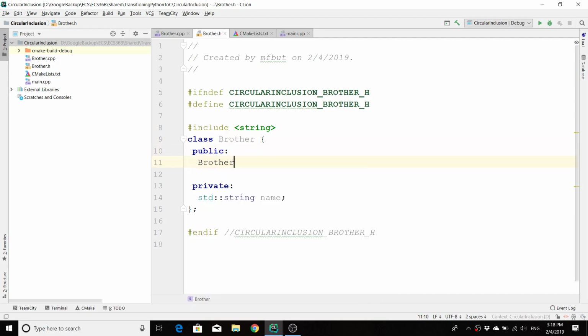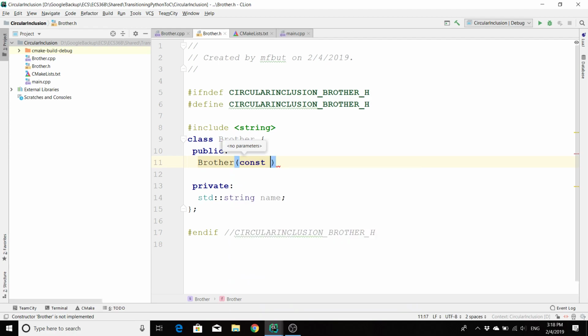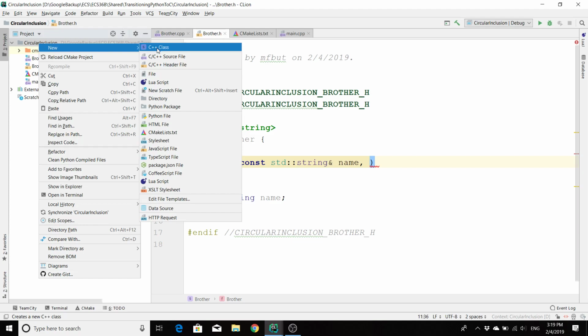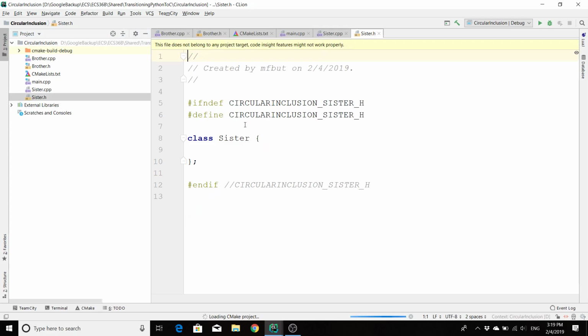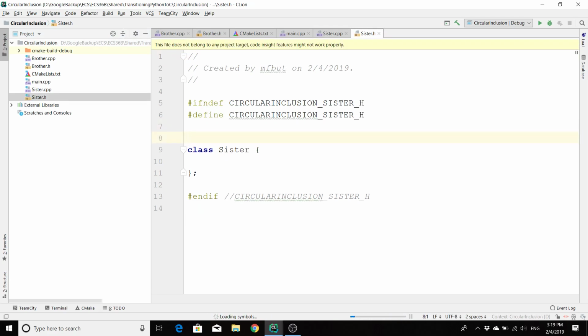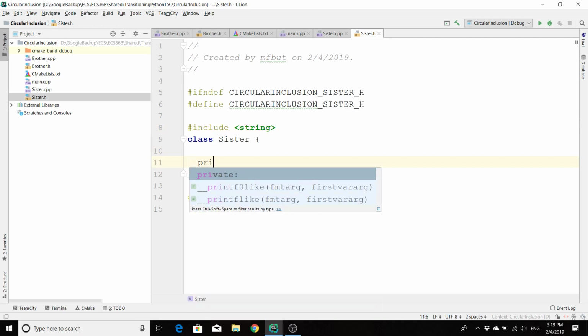So we'll provide a constructor for our brother that takes in a const std::string reference name. And a brother is also going to have one other thing. So let me create a new C++ class, sister. Include string, and then